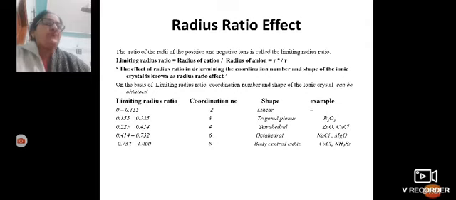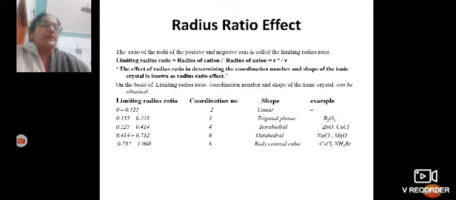The ratio of the radii of the positive and negative ions is called the limiting radius ratio. Limiting radius ratio is equal to radius of cation upon radius of anion. The effect of radius ratio in determining the coordination number and shape of the ionic crystal is known as radius ratio effect. On the basis of limiting radius ratio, the coordination number and shape of the ionic crystals can be